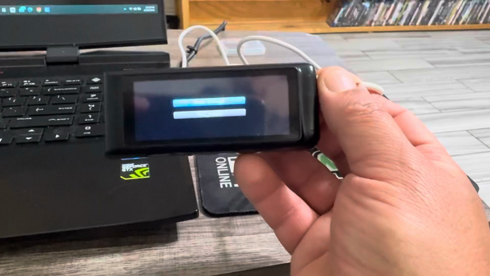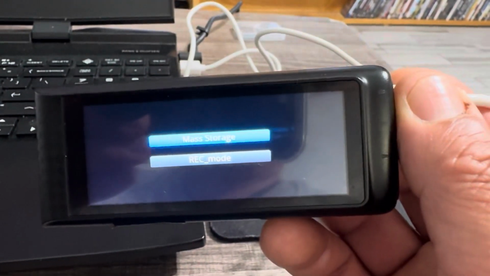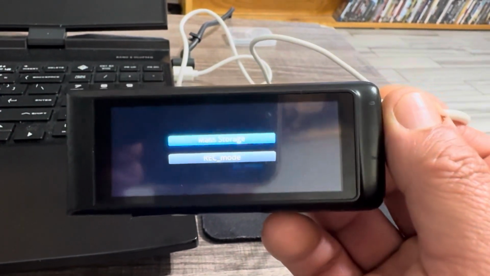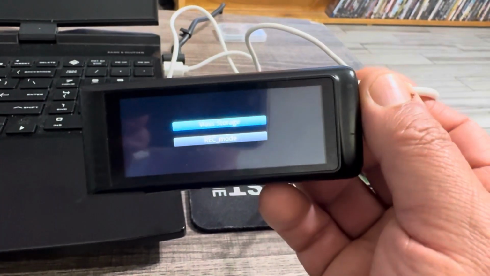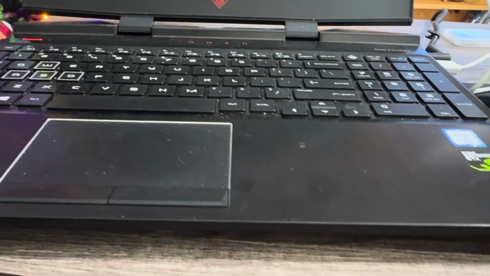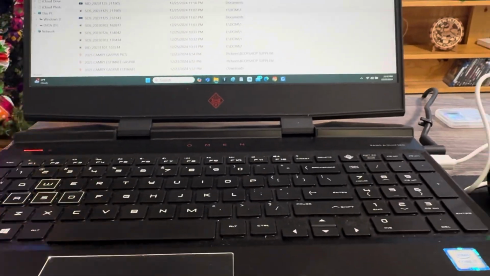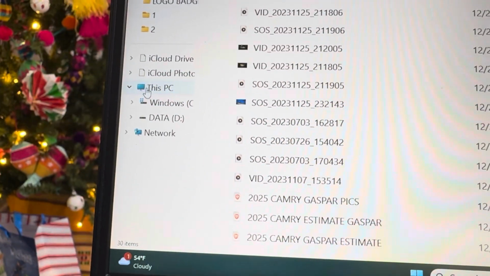The first thing you have to do is connect it to the computer. When you have it connected, it's going to show a message that says mass storage and rec mode. So you go to File Explorer and go to this PC,